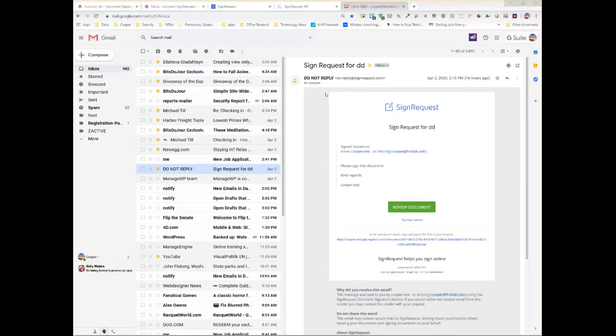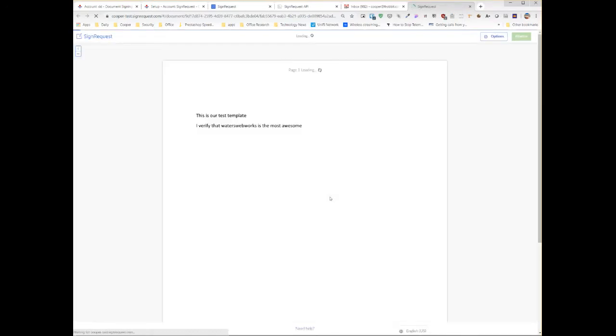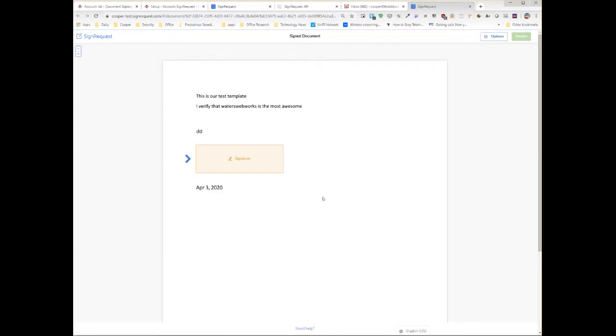We've received the email. This is what it looks like, and you can see the things. And we're going to pretend that I am the client, so I'm going to review the document for signing. And as we see, here's our document. It came up perfectly, and it has the signature, the name that we put in there, the date, and our